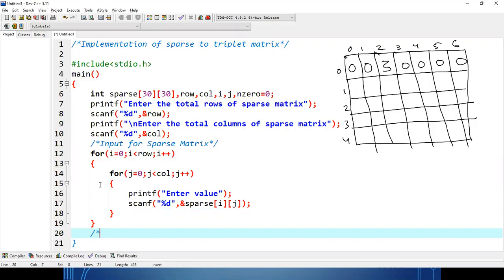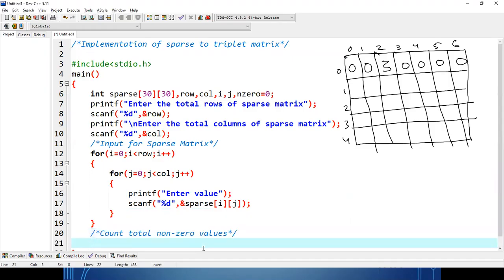Total number of row is already present with us. Total number of column is also present, but we don't know how many number of non-zero values are there in the sparse matrix. So count total non-zero values.